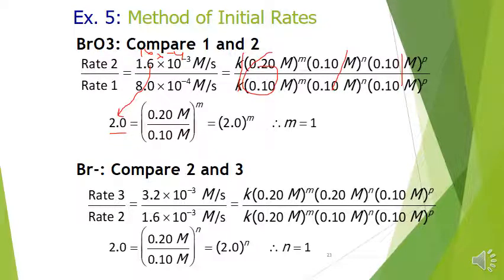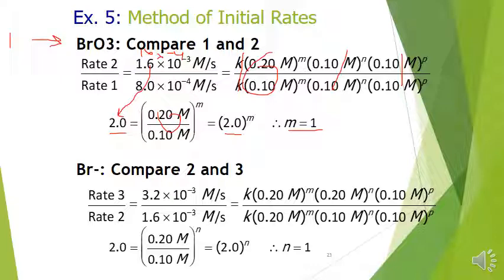And so you get 2 equals this here, which is this. And then simply you divide both. And then what you can do is, again, take the log of both sides. And then solve for m, and you get m is equal to 1. So first order